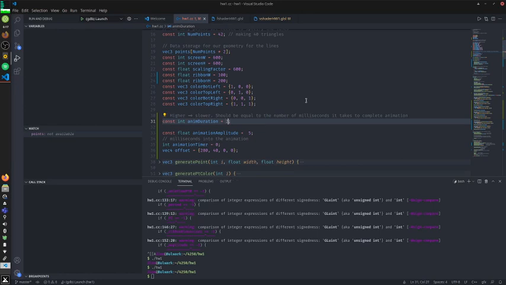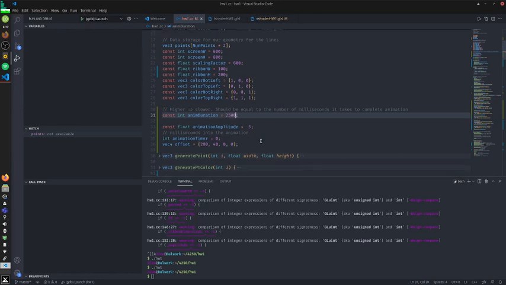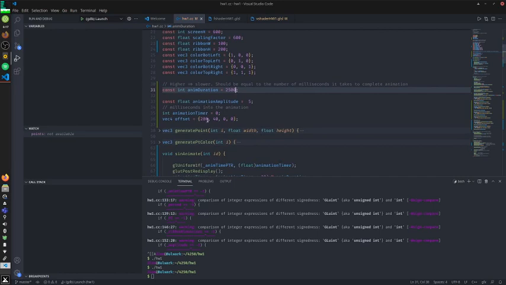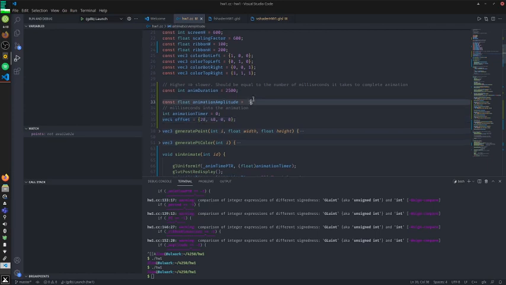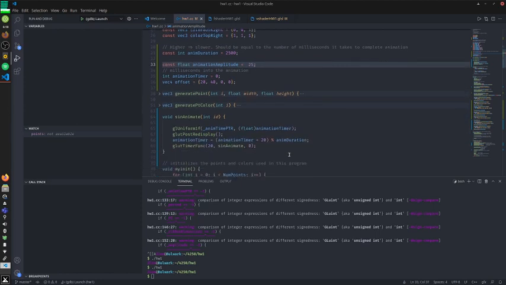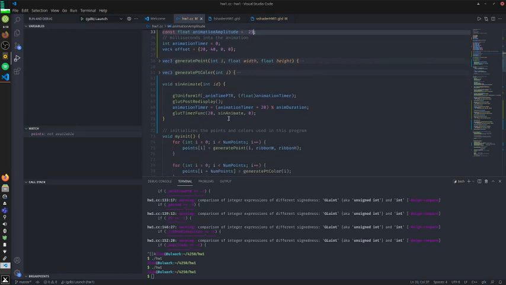The higher it is, the more milliseconds it takes to finish a single period. And then I can change the offset, so move it maybe to the left a bit. Amplitude of the animation, change that to something higher, maybe like 25. That's probably going to be really ugly, but